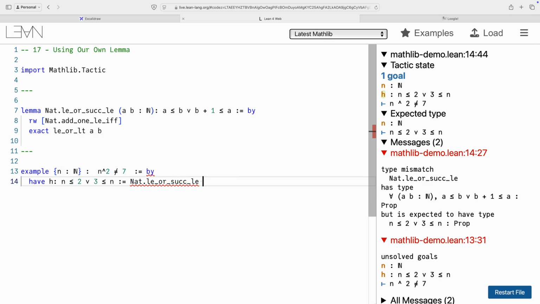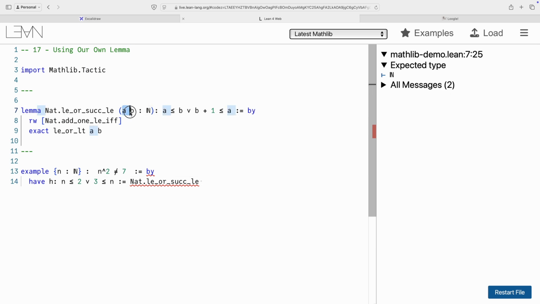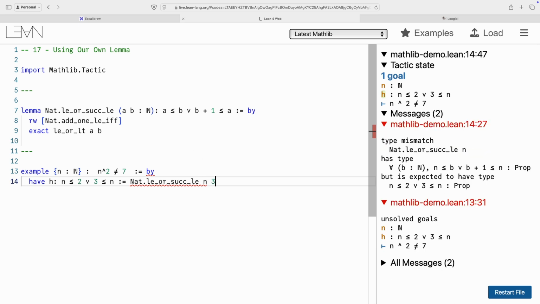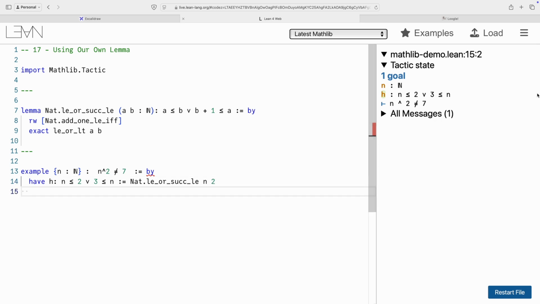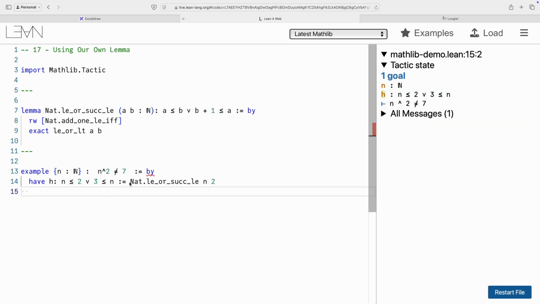le. Now that's giving me a warning, because I haven't provided those two parameters, which are mandatory because of those round brackets. So what are those two? Which way around were they going to be? So we want a to be n and b to be 2. There we go. So that will give us a hypothesis that says n is less than or equal to 2 or 3 is less than or equal to n. So we've split the natural numbers into two, that set and that set. So we've made use of our lemma